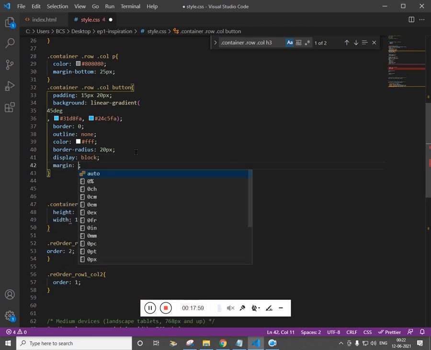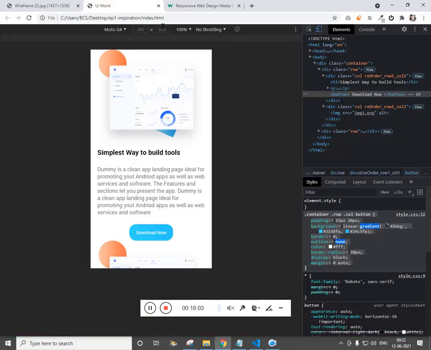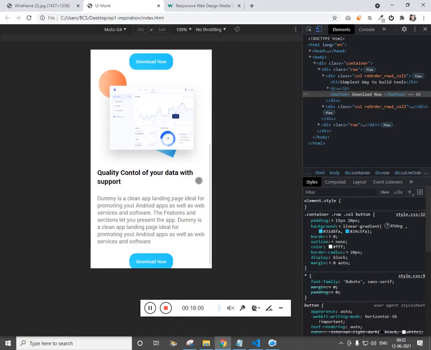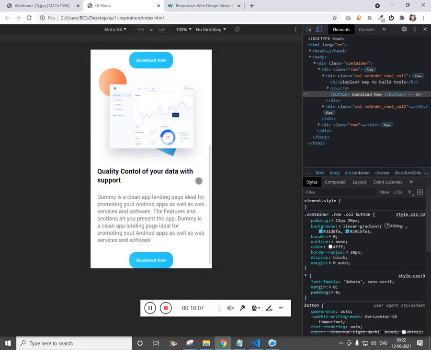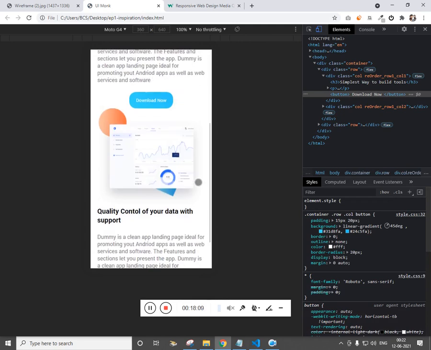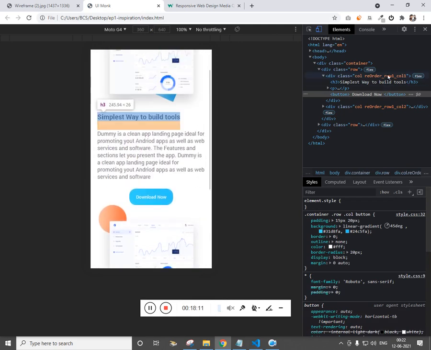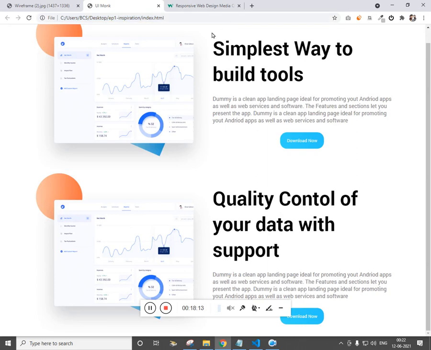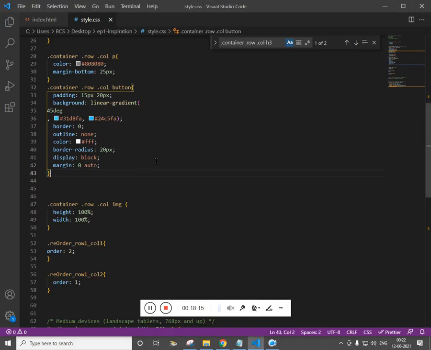This is for mobile. Cool. Let's look at the desktop version. So you have to modify the desktop version as well. Copy the same and just rearrange the order.